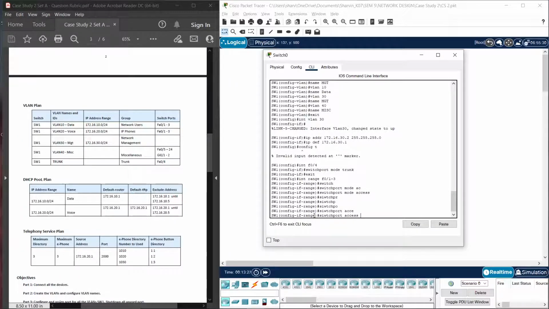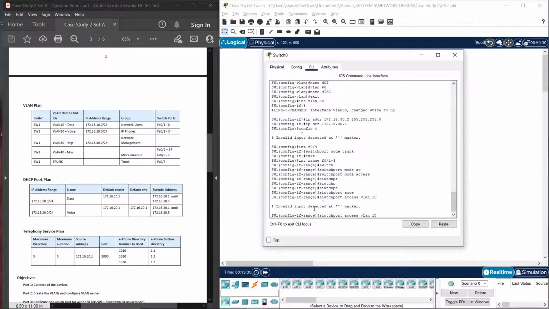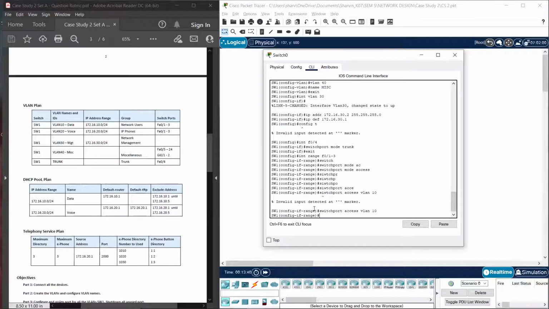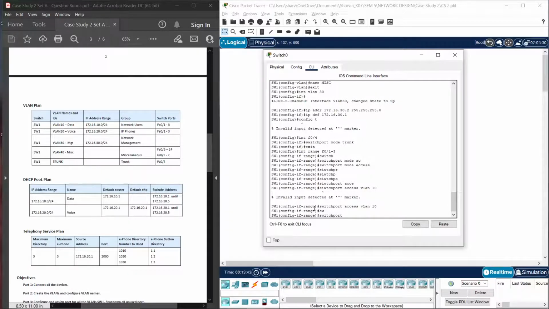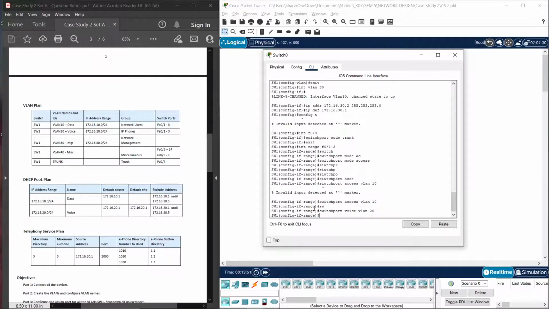Access VLAN 10. Switch port voice VLAN 20. Okay, now let's configure the last VLAN for the switch, which is